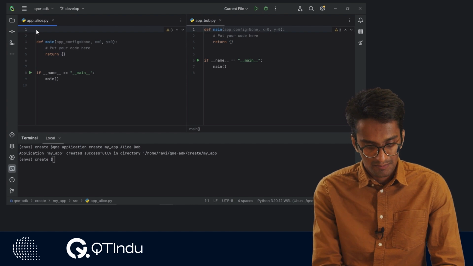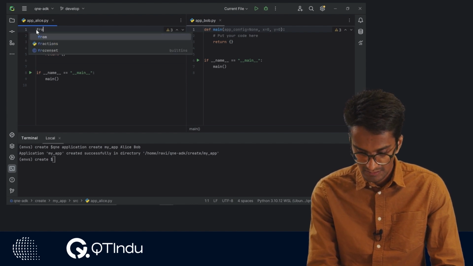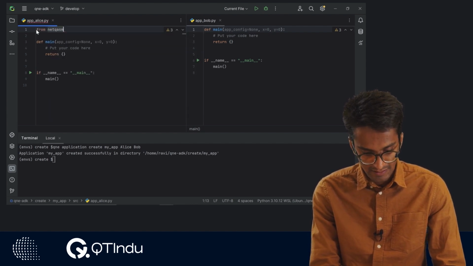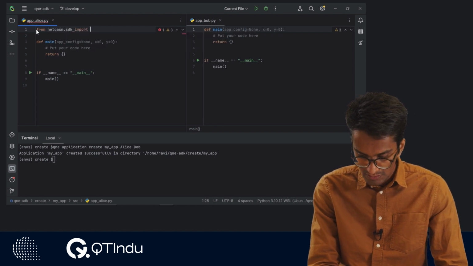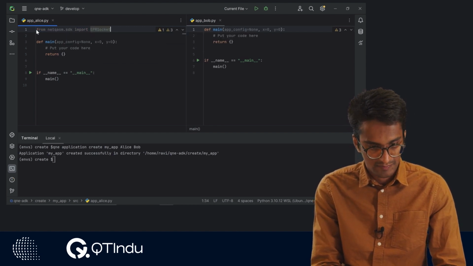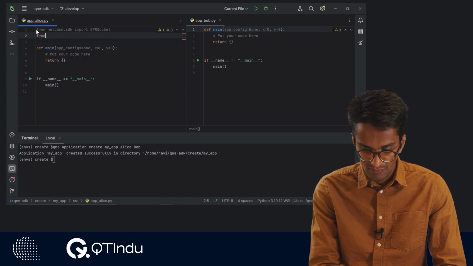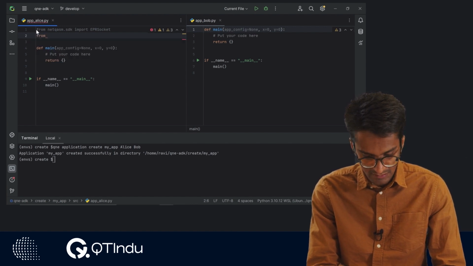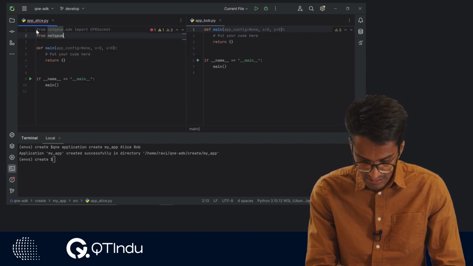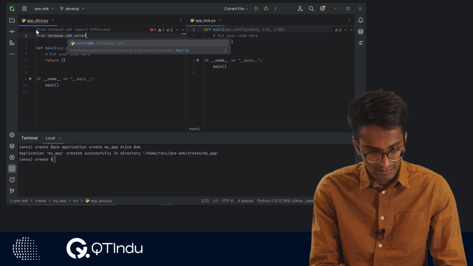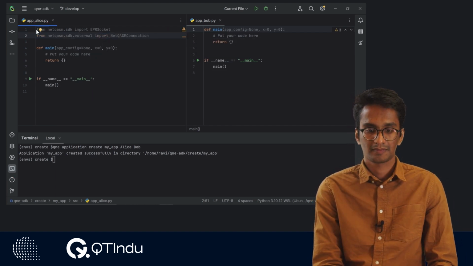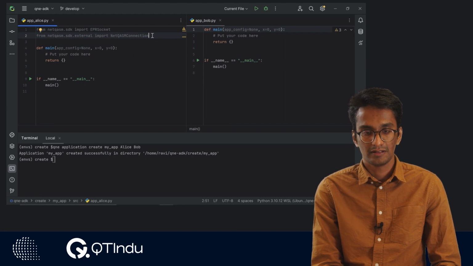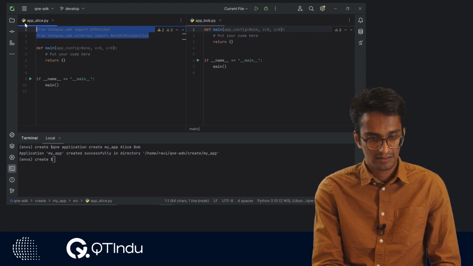We import our EPR socket using the following command: from netcasm.sdk import EPR socket. Similarly, we import our Netcasm connection using netcasm.sdk.external import Netcasm connection.